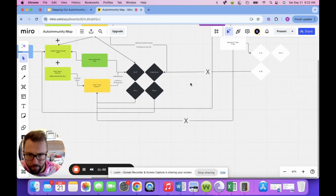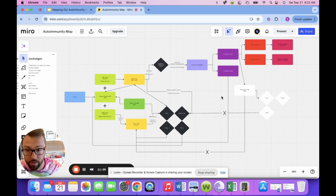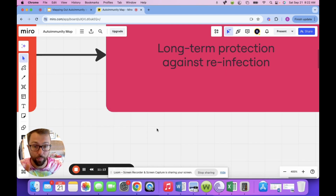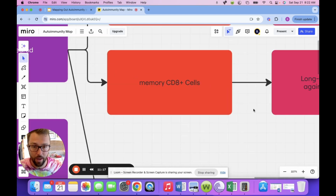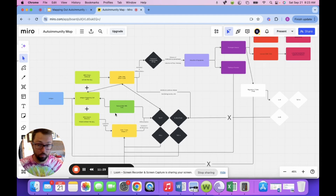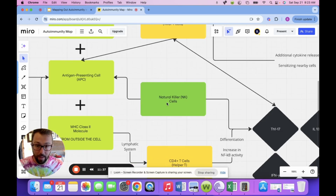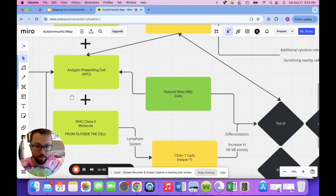So I hope this graph was helpful. Again, this is being done for the presentation of every antigen. The fact that we have the long-term protection via our memory B cells, or T cells rather, this abbreviates this going on after we've learned what the antigen is. But in terms of learning and finding out how to react to these new cells, antigen presents, APC identifies it and brings it to the natural killer cells. Natural killer cells elicit their antibodies, their cytokines to kill off the antigen. If it's unable to do that, that is when we start to interact with the MHC molecules and